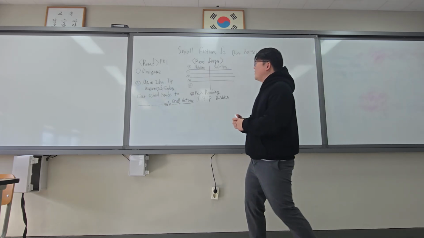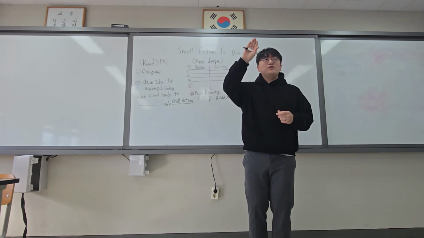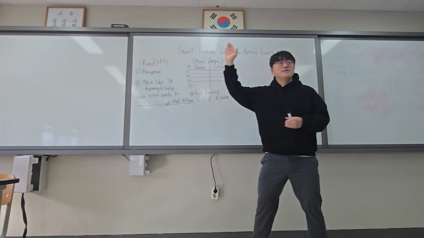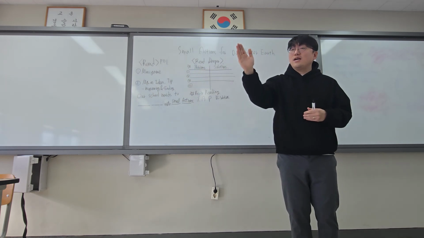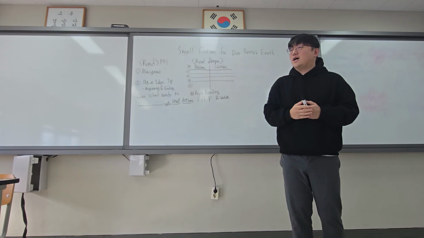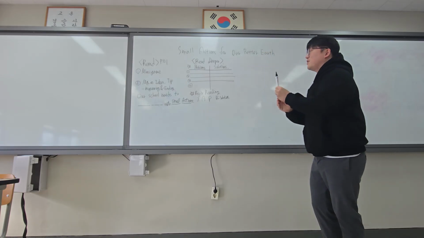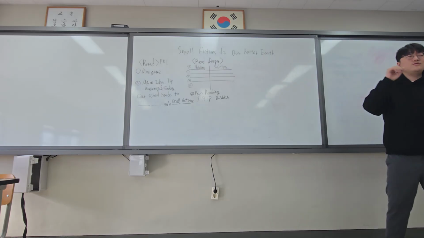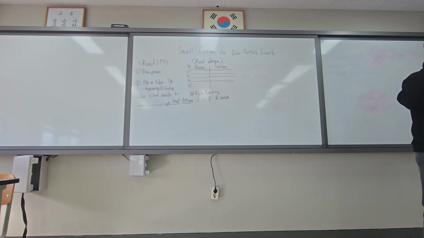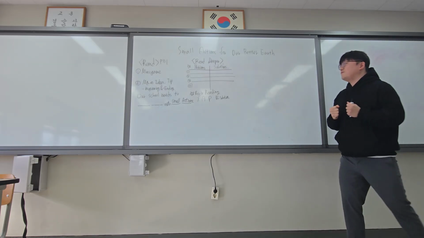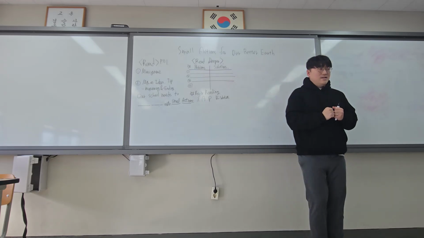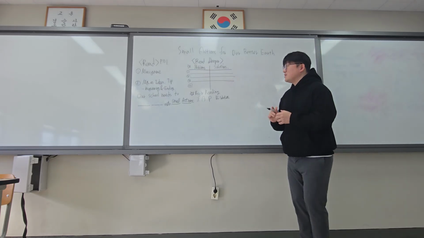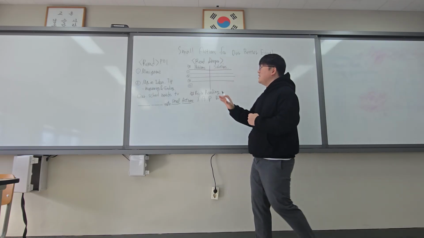Okay, good. Which pair wants to try the problems and solutions first? Sujong and Choyeon pair, you want to try. Then please come to the front, get this pen, and write down. And who wants to try the second one? Minji and Minjung, please come to the front. Okay, now we all completed our tables. Let's check what you have found.